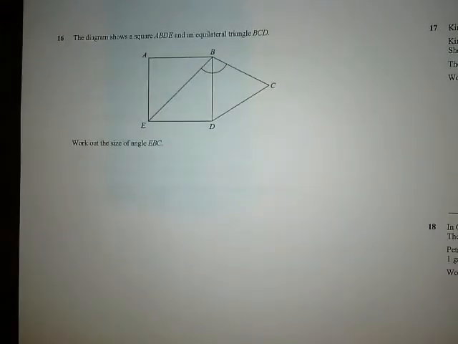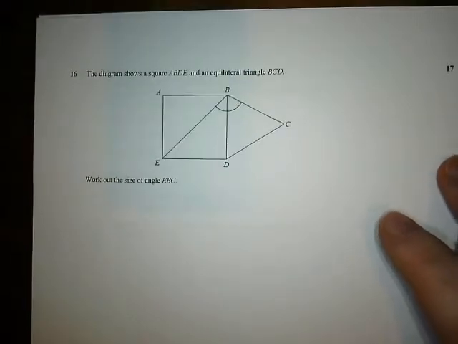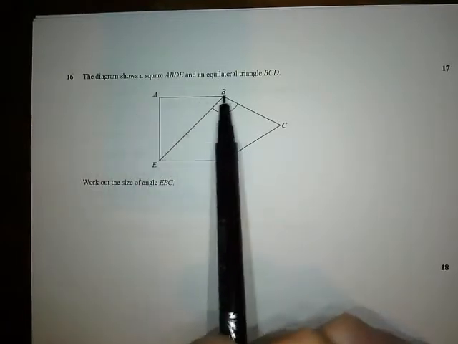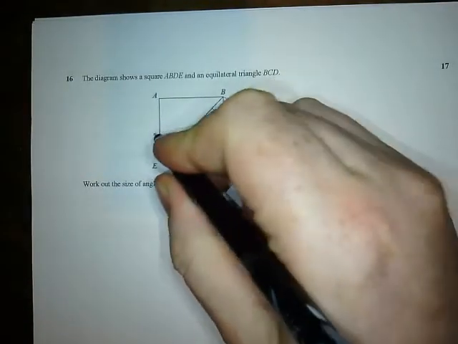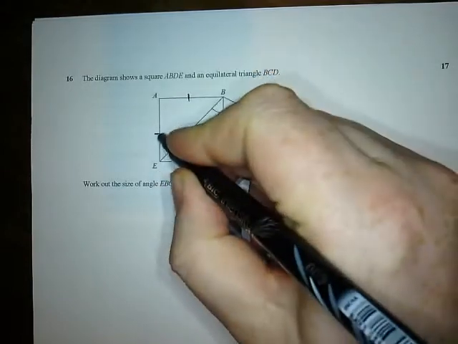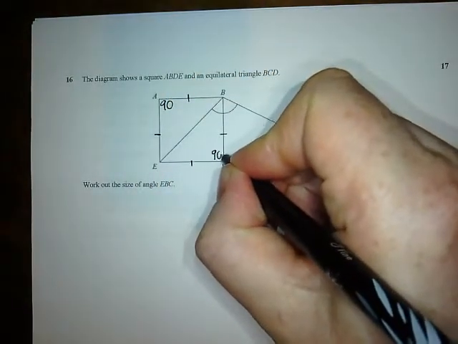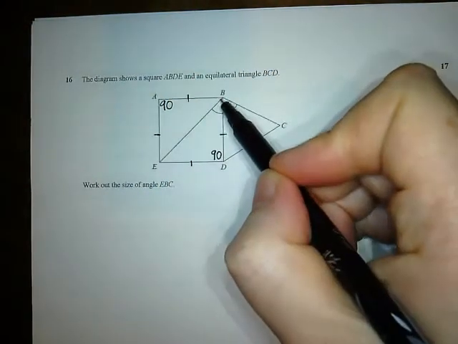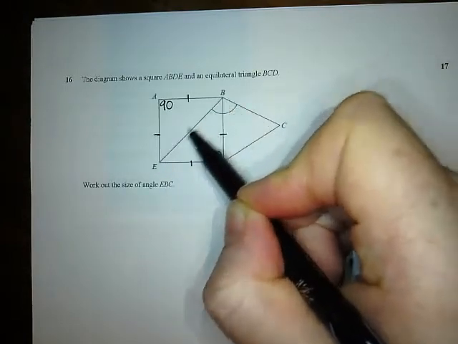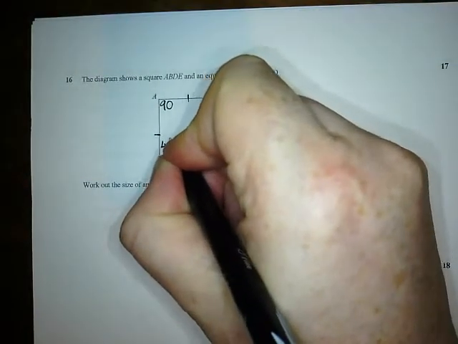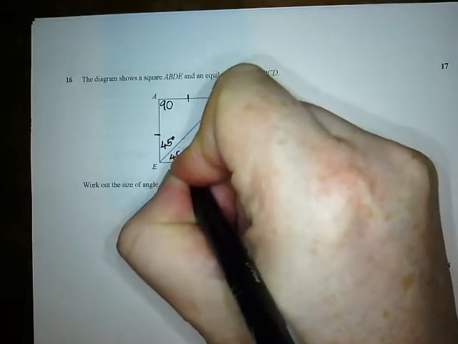Questions 16 to 18. So again, I've got one of these questions with a diagram and a bunch of writing. The diagram shows a square A, B, D, E. So I know this is a square, which means I know all these sides are the same length. And I know that that's 90. I know that's 90. And I also know that the diagonal here cuts my square in half. So I know that that must be 45, that must be 45,